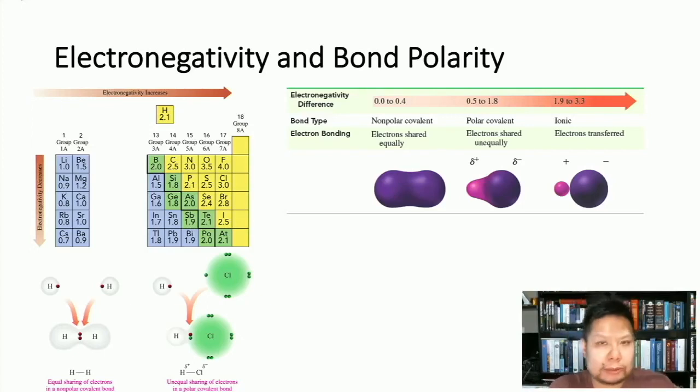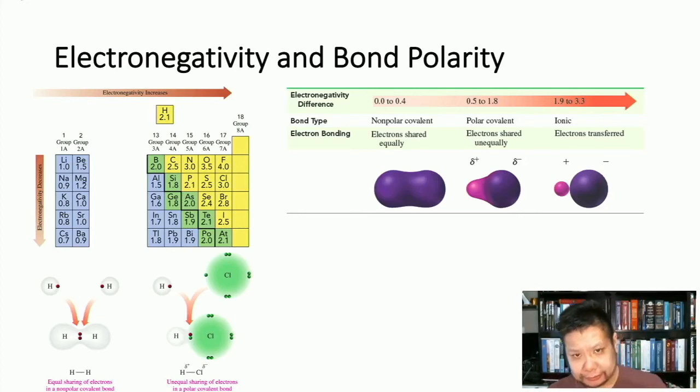So this wasn't so important when we were talking about ionic compounds because ionic compounds have a complete transfer of electrons. So when that metal transfers an electron to the nonmetal, it becomes positive because it lost a negative charge, right? But since that nonmetal then gained an electron, it becomes negative because it gained an electron. So when you look at an ionic compound, one side, the metal, is always positive, right? Is completely positive. The other side of that ionic compound, the nonmetal, right, is negative. So when you think of, for an example, a sodium chloride, the sodium is positive and the chlorine is negative, right? And so we don't have to really worry about if there's any partial charges there, right? But when we talk about